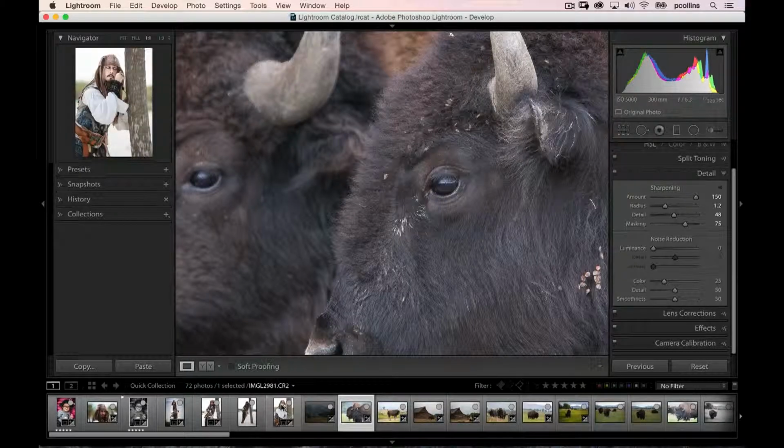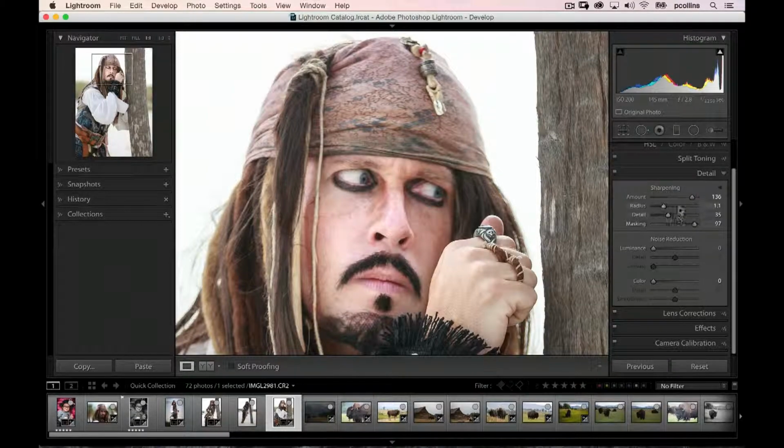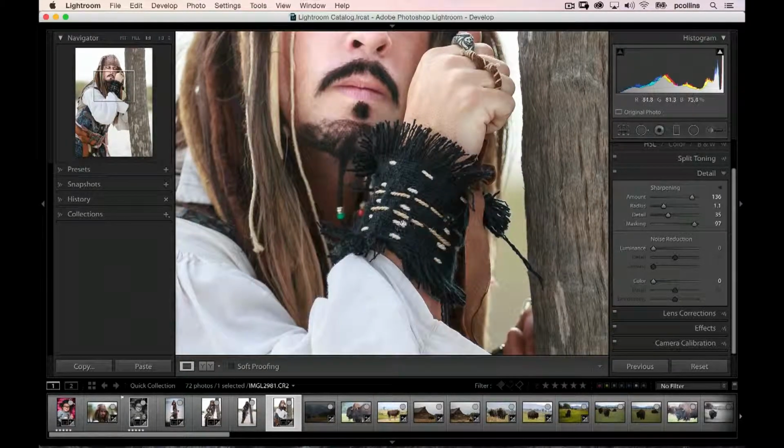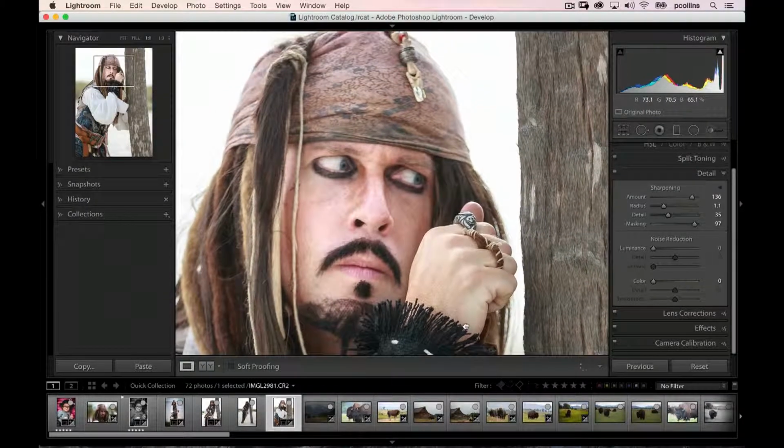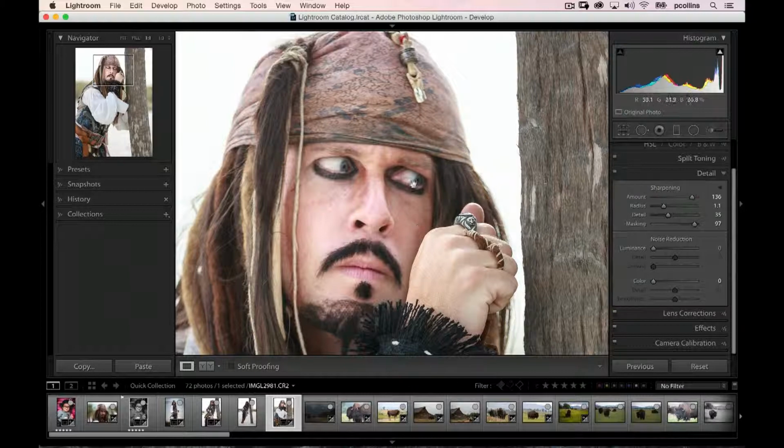Now here's the thing I want to tell you about sharpening. Even though you watch CSI and these other programs, there is no magic bullet to recover images where you've missed. Here I started working on sharpening and I've cranked it up, and look, the hand and the bracelet over here are super sharp, but if you miss the eyes, you miss the shot. No matter how much I crank up the sharpening and mask it, I've missed the shot here. I can't recover those eyes and make them sharper.